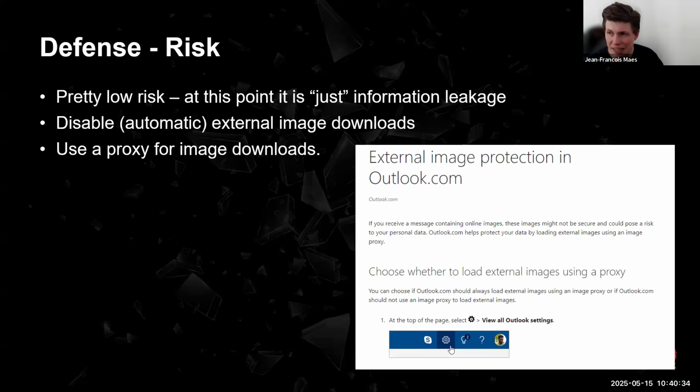So if you are an enterprise admin, for example, or a domain admin, and you want to push security against this type of attack, you can simply enable this protection, which is going to disable the external image load. So this in itself is not that malicious just yet. But of course, that's not the only thing adversaries like to do, right?